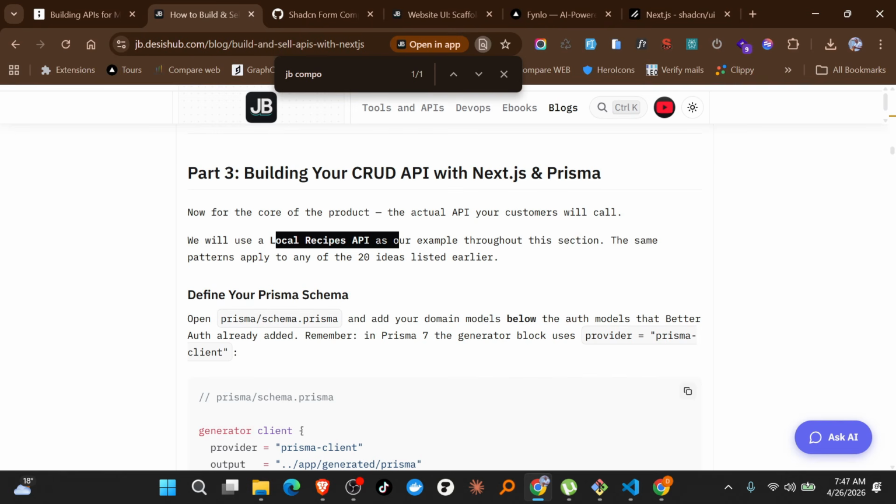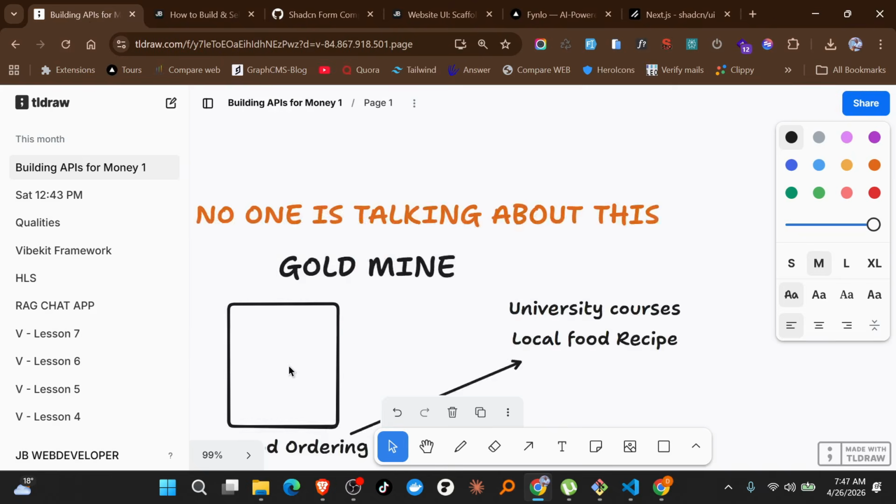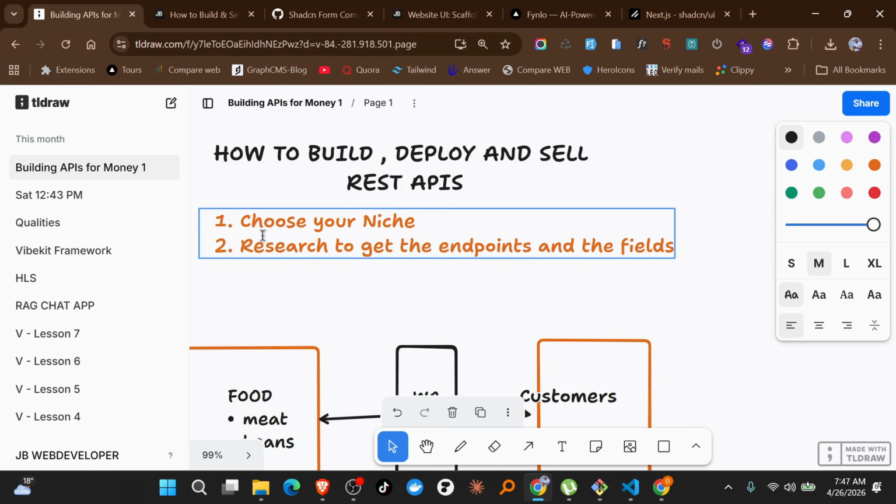I just want to first understand which endpoints I need, because if you look in here, there is this thing here. You need to know your niche and then research to get the endpoints you need. You need to first understand what data am I going to be providing, where am I going to get this data, and all that kind of stuff. Okay, so we need